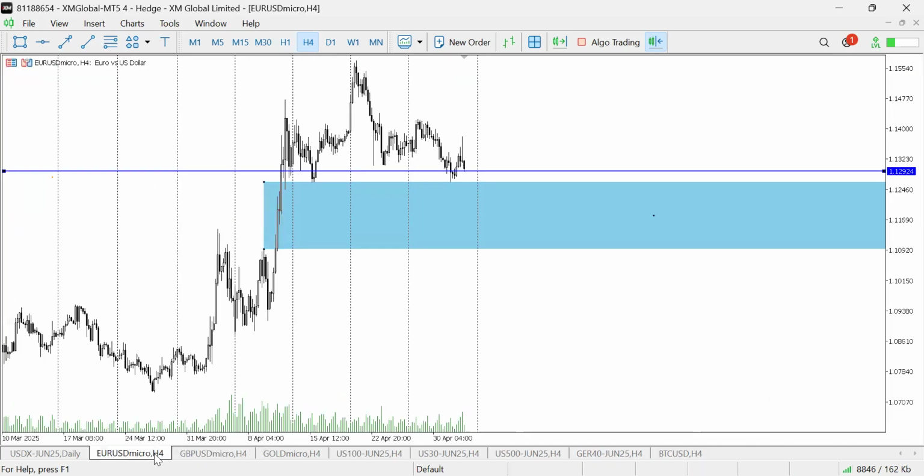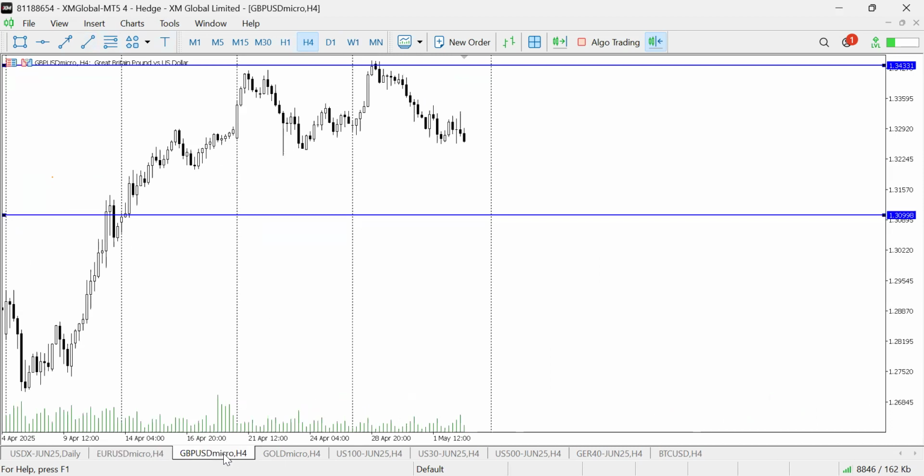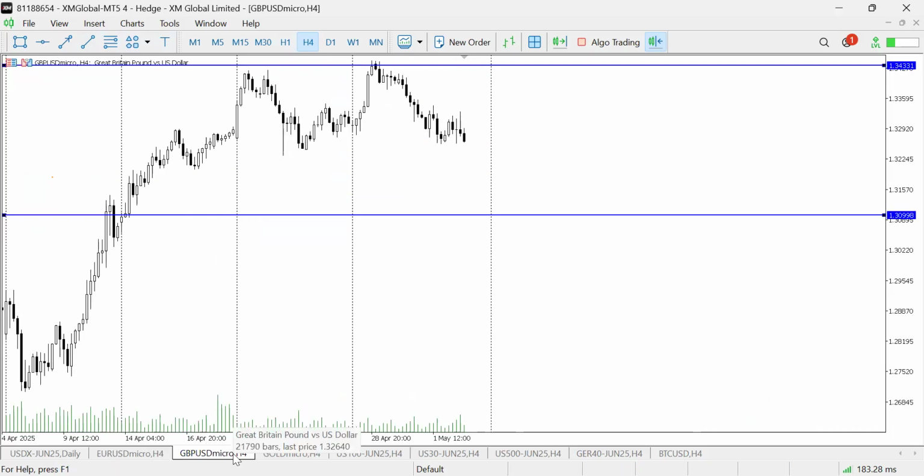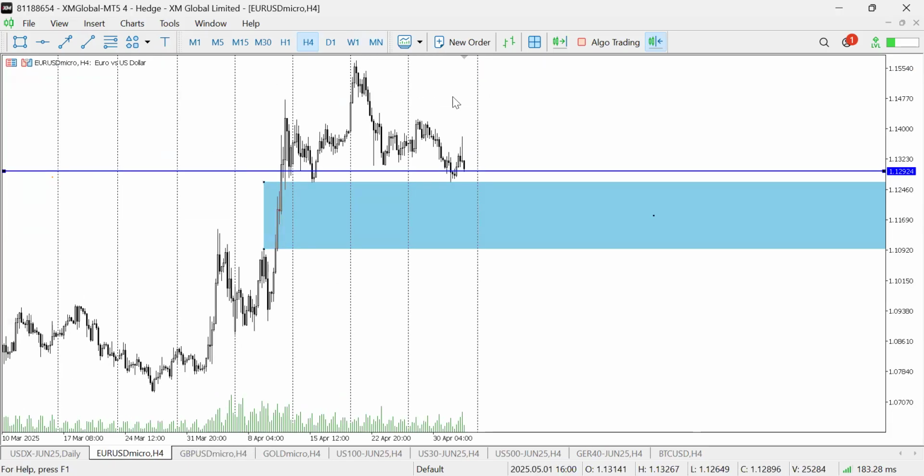right now. This is the divergence I was talking about. Now you look at this high and that high, right? We have that, and here we have that. You understand? So it's a smart money divergence or smart money technique, whatever you want to call it. But nonetheless, it's confirming that one of the two is weaker than the other one. So if this one, the euro, last week's high, this week's high compared to the previous week's high was taken by GBP, but was not taken by the euro. So that means there's a divergence moving lower.